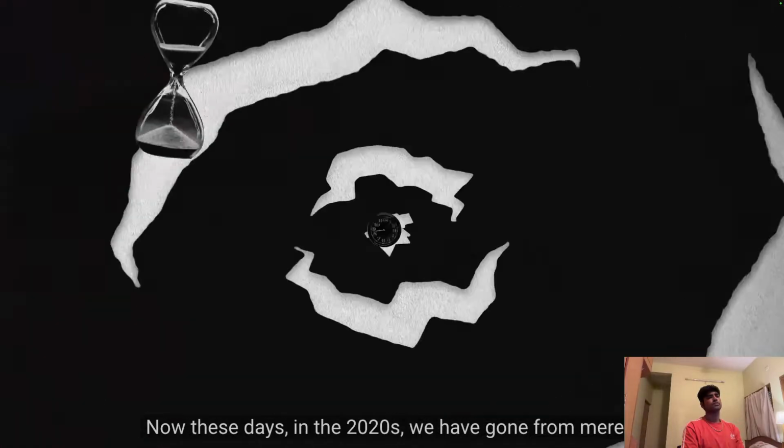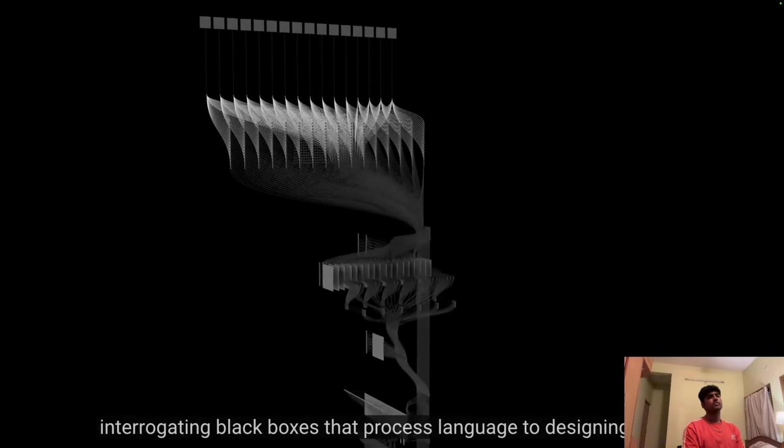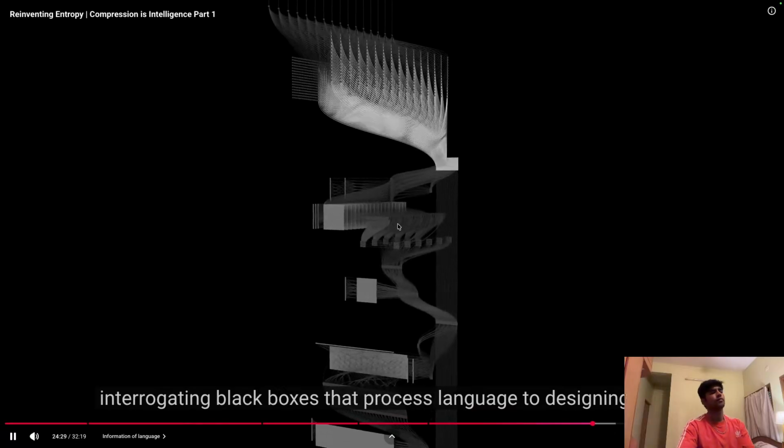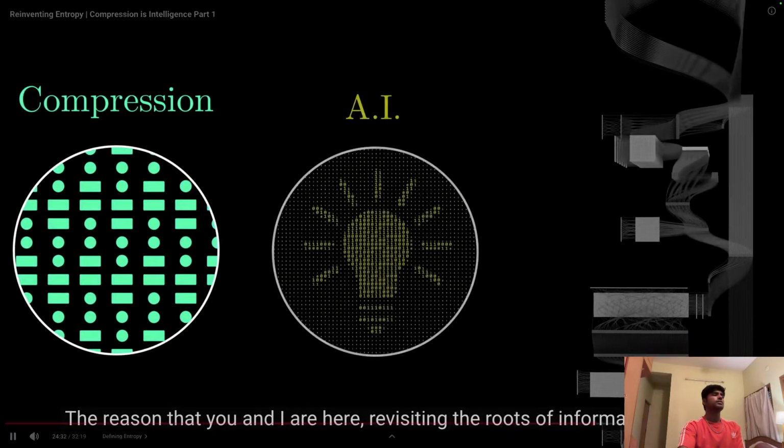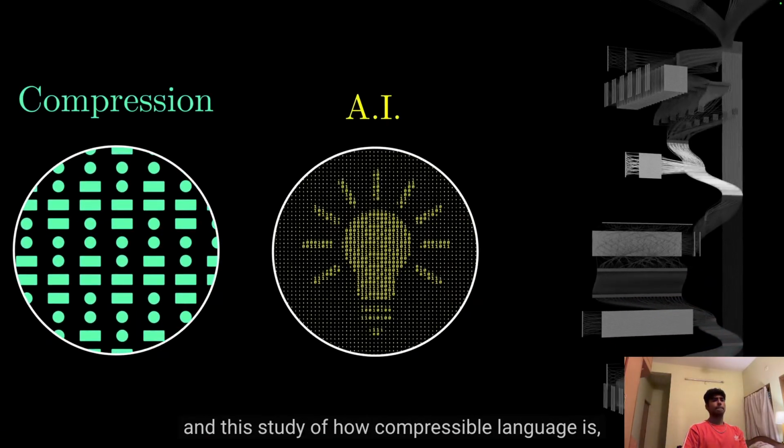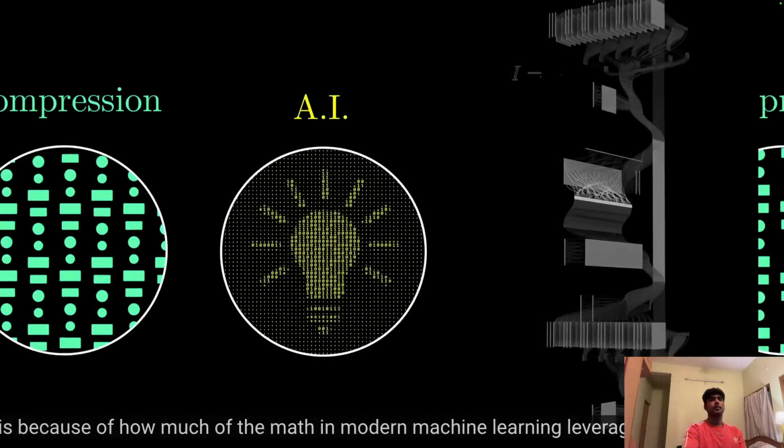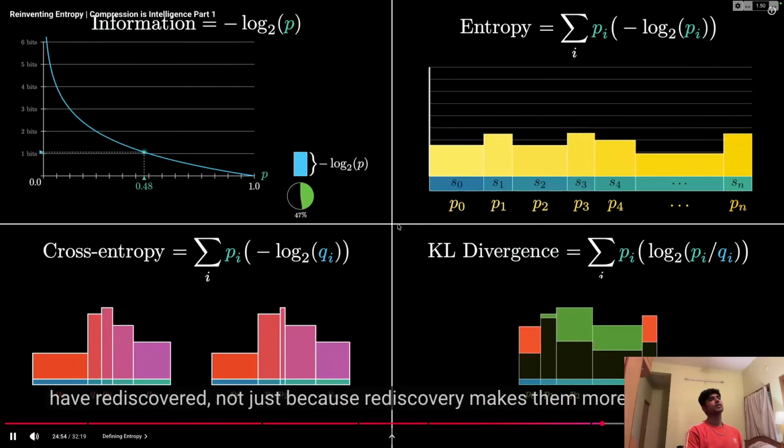Now, these days, in the 2020s, we've gone from merely interrogating black boxes that process language to designing them. The reason that you and I are here, revisiting the roots of information theory and this study of how compressible language is, is because of how much of the math in modern machine learning leverages the formulas that emerged in this field. Aside from the definition of information itself, there are three more key expressions that I want you to feel like you could have rediscovered, not just because rediscovery makes them more memorable, but because seeing how they naturally arise